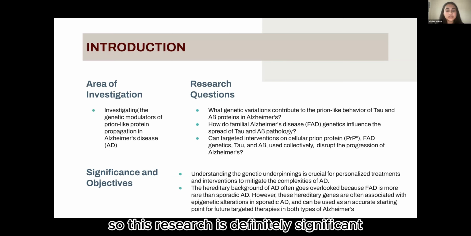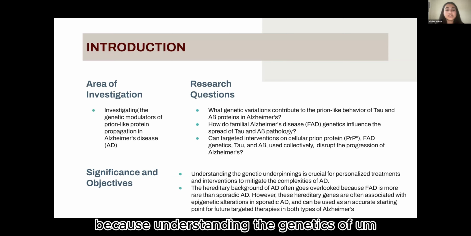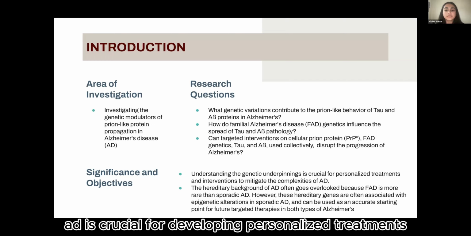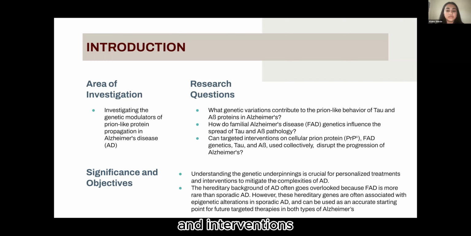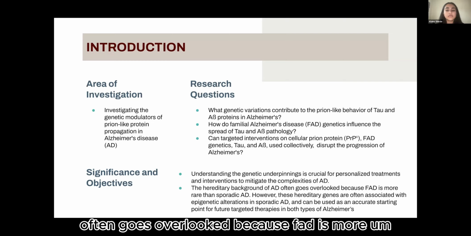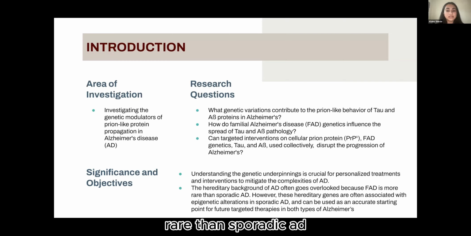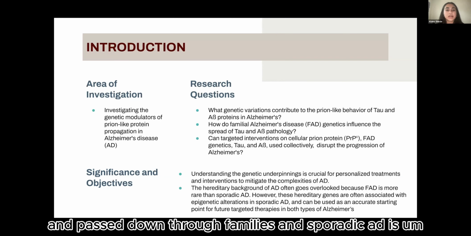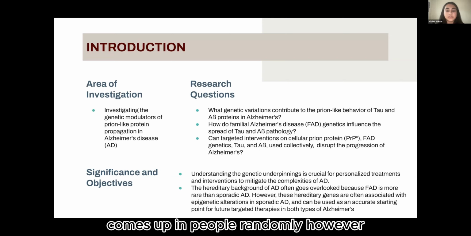So this research is definitely significant because understanding the genetics of AD is crucial for developing personalized treatments and interventions to prevent it or mitigate its effects. And the hereditary background of AD often goes overlooked because FAD is more rare than sporadic AD, where FAD is hereditary and passed down through families, and sporadic AD is found later in life and just comes up in people